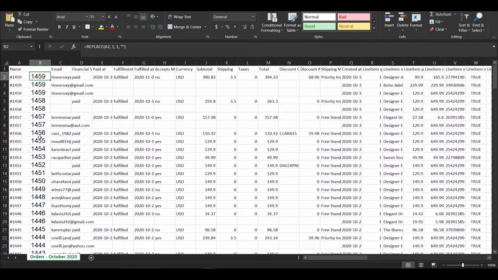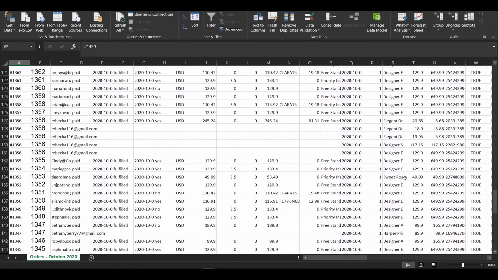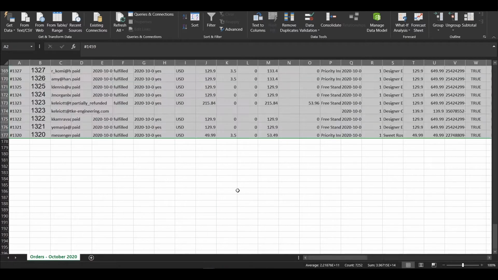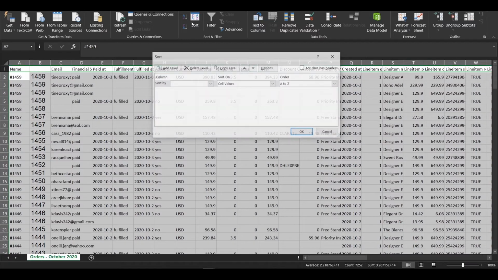Now guys, these order numbers are in decreasing order, and we have to sort all the data in increasing order based on the order numbers or the invoice numbers. So what we'll do is sort them. Now to sort the data, we'll select everything but the first row, since it's the headings. Click on the topmost left value and scroll to the bottom right, and hold shift and click at the bottommost right cell, and then click on sort.